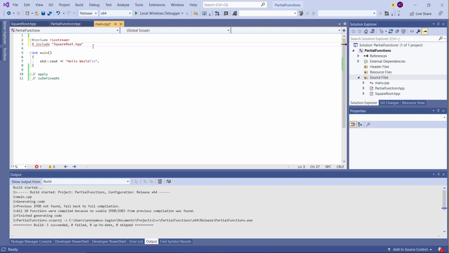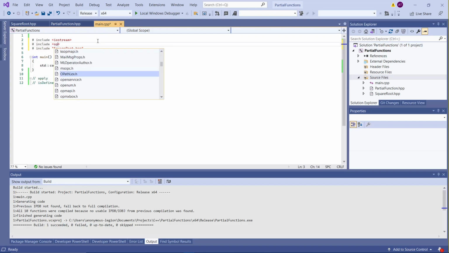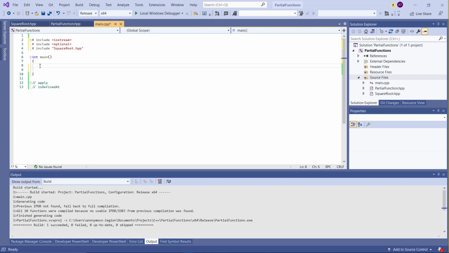Okay, let's open our main file and let's include square root.hpp, and then let's include the optional. Okay, so we're going to need it, right? We come down here, so let's say auto result is equal to,